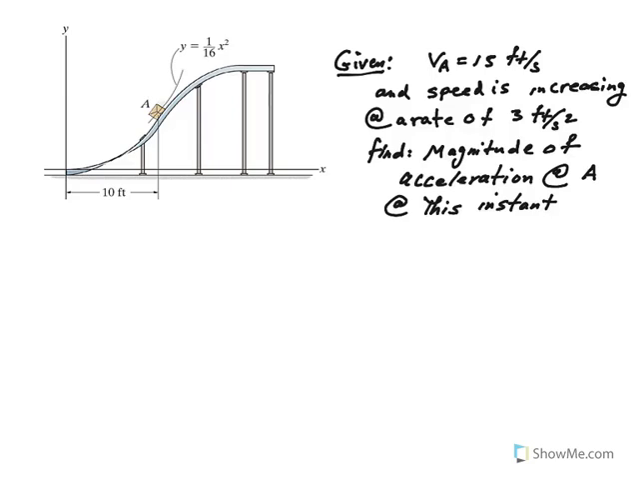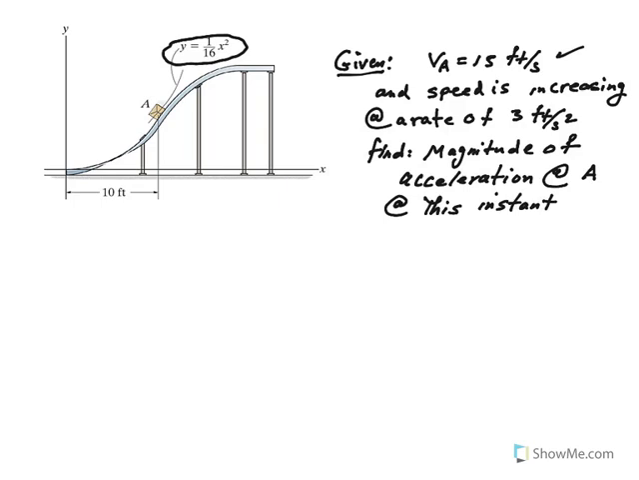Hello again. Here with another example related to determining the magnitude of acceleration for a motion of a particle along a curved path. In this case, we have this package going along this curved path whose profile is given by this parabolic path y equal 1/16 x squared. And at point A, we are told that velocity is 15 feet per second, and the speed of this box